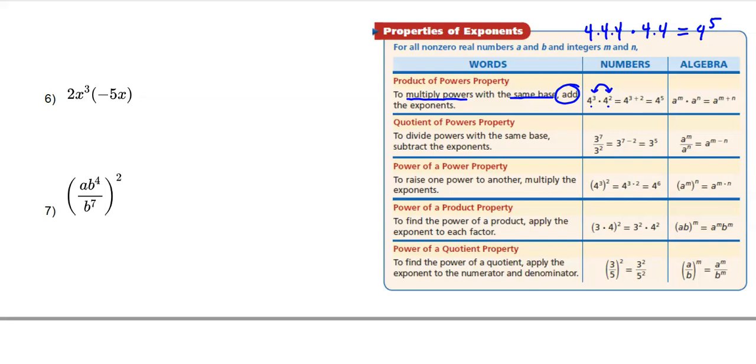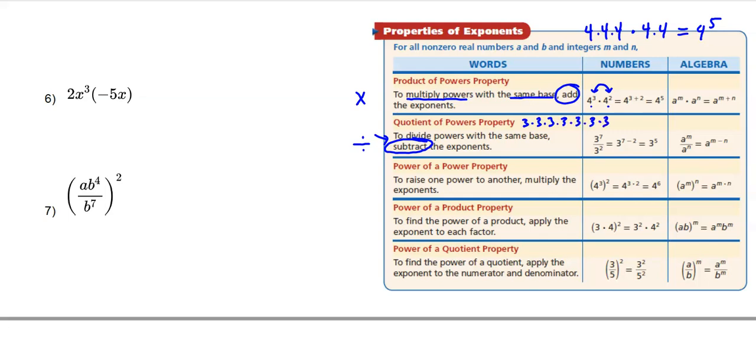Now, when you divide powers, you're going to subtract the exponents. When you want to multiply powers, you actually add the exponents. And you could think about this one, the 3 to the 7th over 3 squared. You could think about it as 3 to the 7th